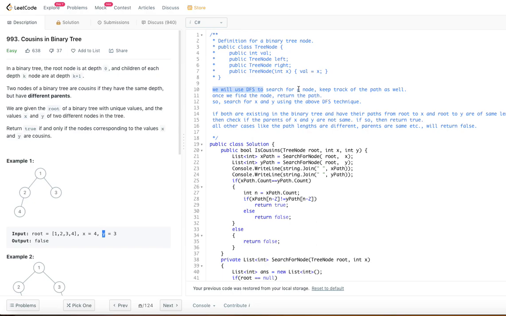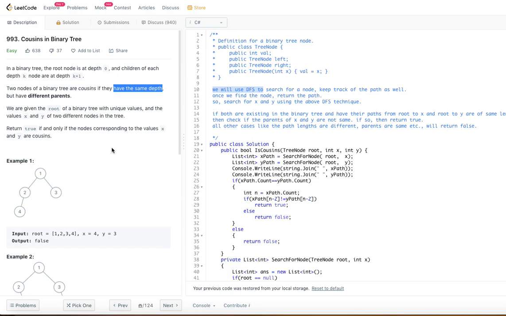Once we have the paths, since they should have the same depth, the length of the path for root to x and root to y should be the same. That is one condition. The second thing is that x's parent and y's parent should not match. That is how we are going to check.